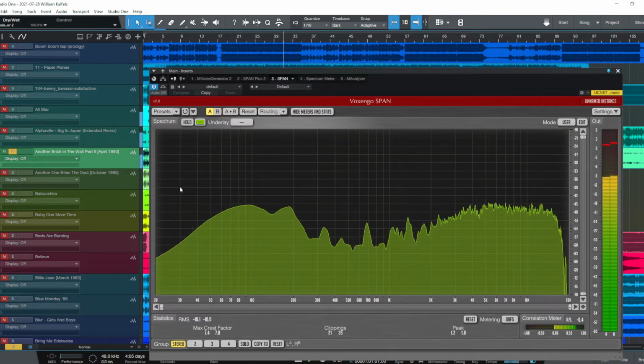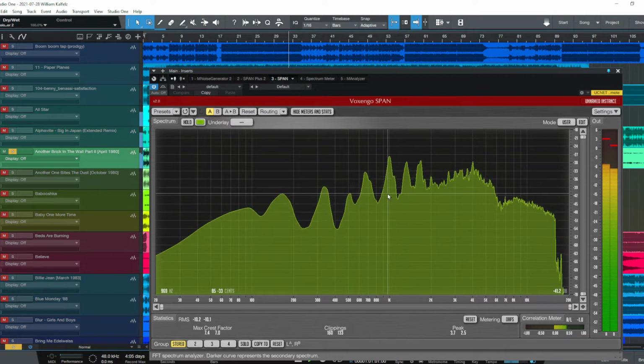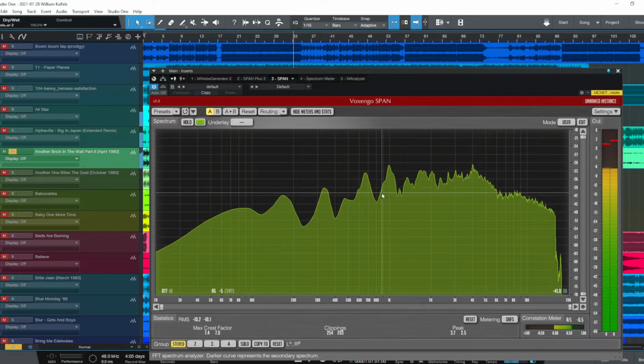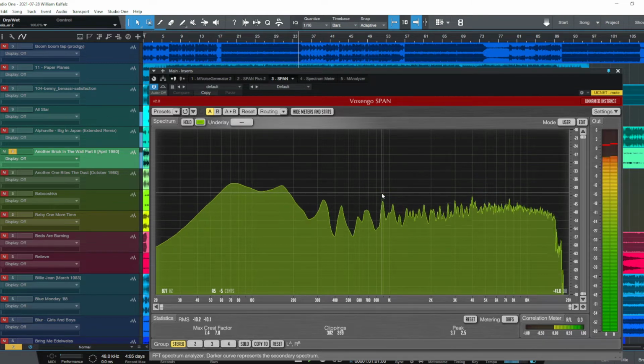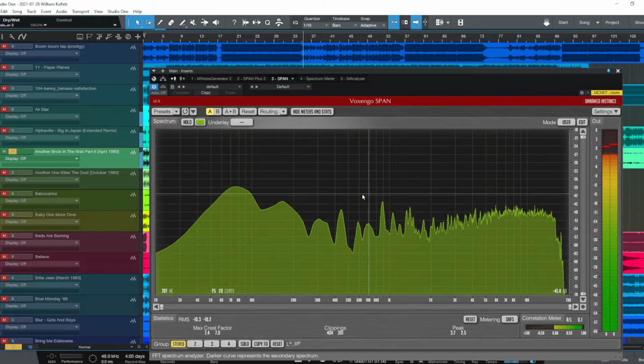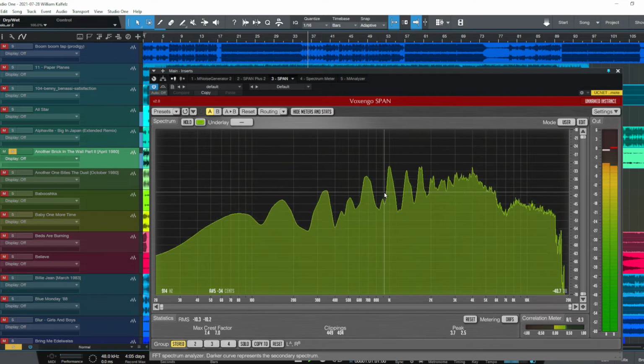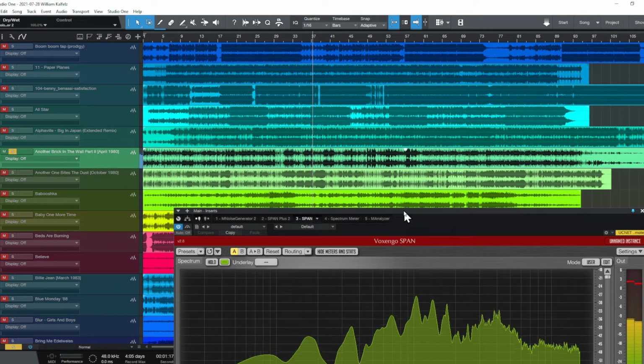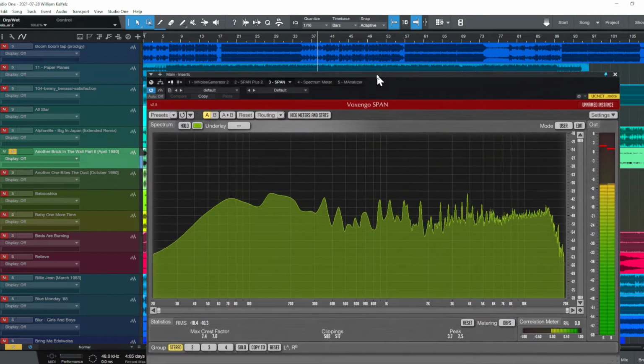Another Brick in the Wall from Pink Floyd. This has a bit less bass, but that's okay. Now the bass is appearing and stuff like that. I really don't remember which part of the song I'm playing because I can't hear it here